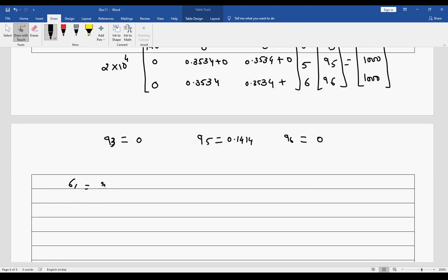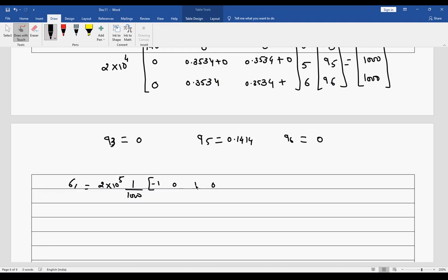It is EBQ. So 2 into 10 to the power 5. And my B is 1 upon the length of an element, that is 1000, minus L minus M. So minus 1 0 1 0.